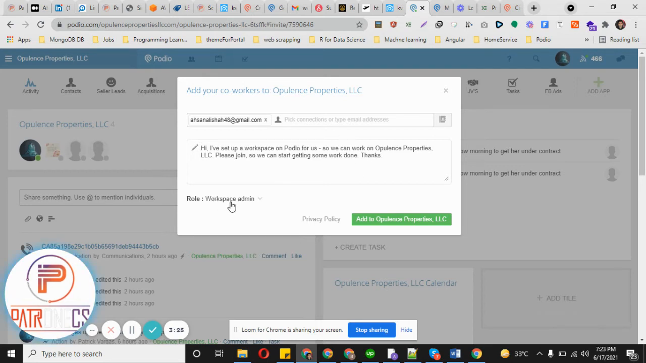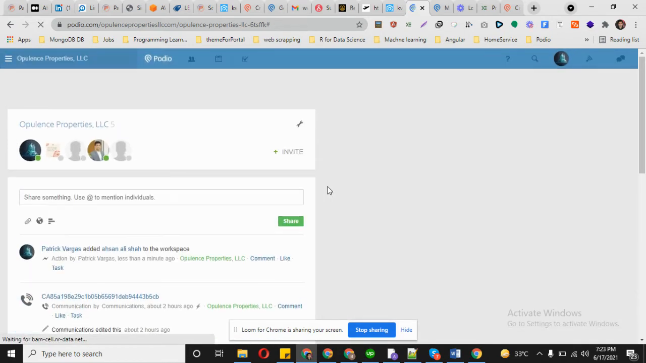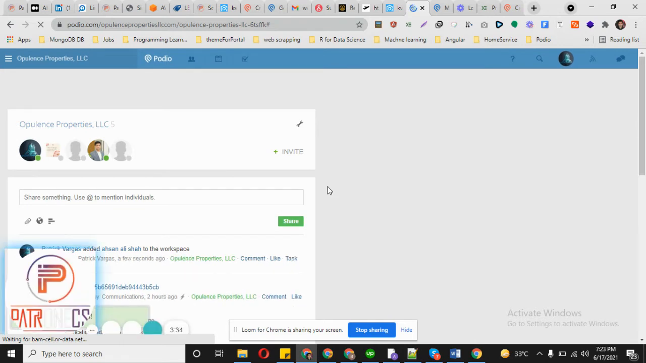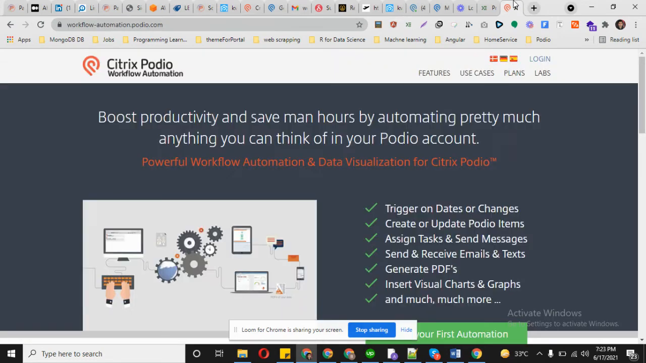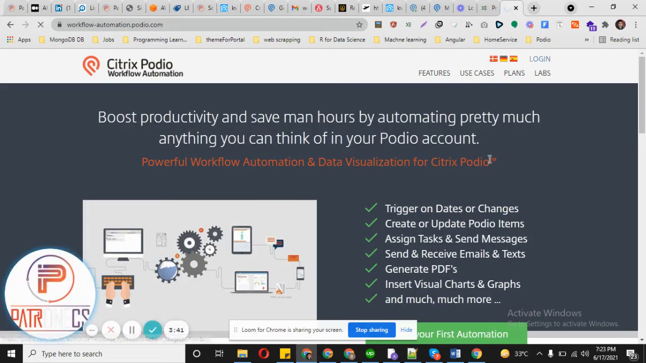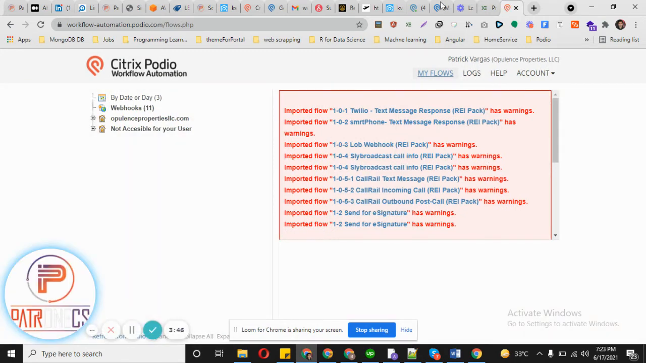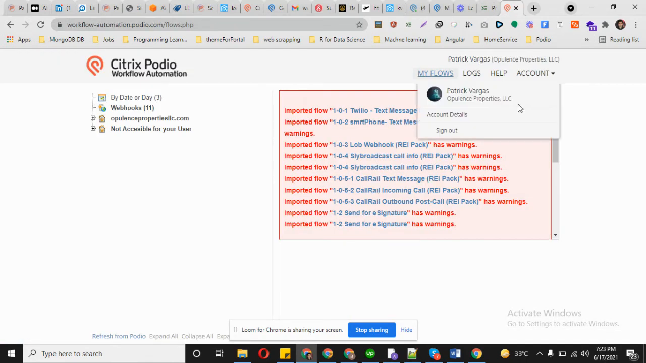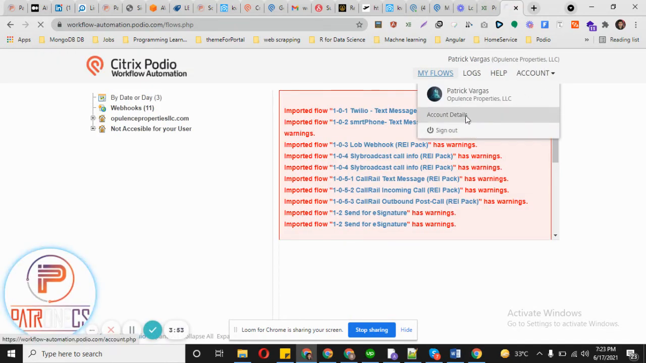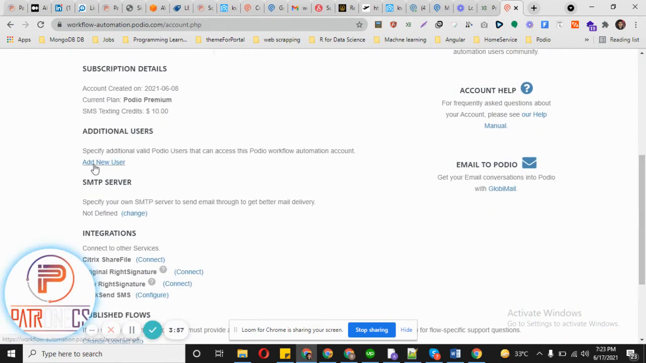So I have selected workspace admin. I will click on this button. Now this user will be added as an admin of this workspace. Right now here you can see me. Now I will go to Globiflow. I will click on the login button, and I will also have to add this user into workflow automation too. So I will click on the account details button and come to the add new user section